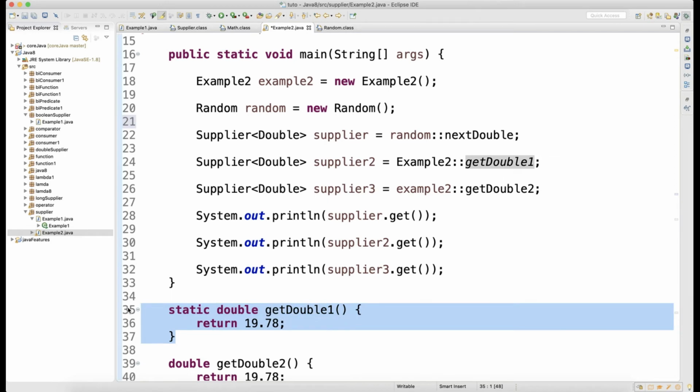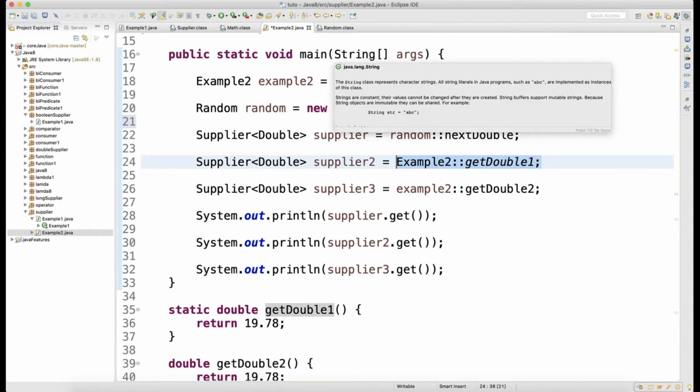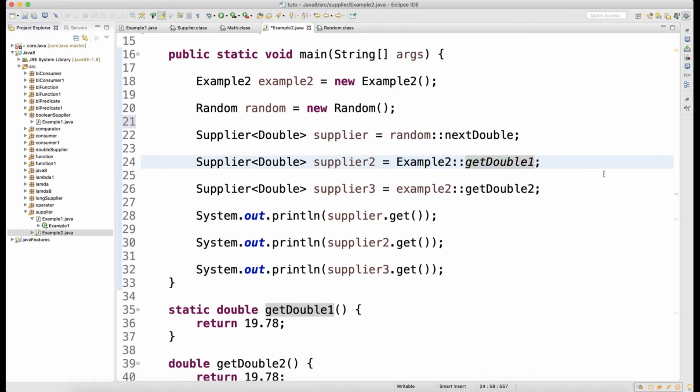So when you have a static method and you want to write a function for that, you can just, after the class name, write a double colon and then the method name. So the getDouble1 method will get called, right? This is nothing but the implementation of your get method. And again here you can see that we are not supplying any argument.